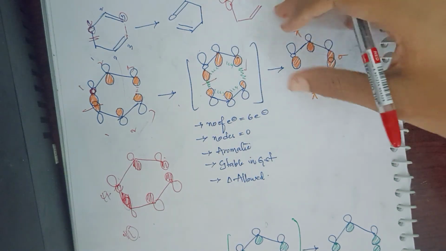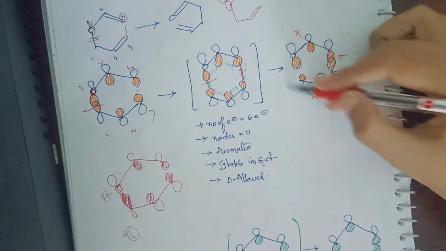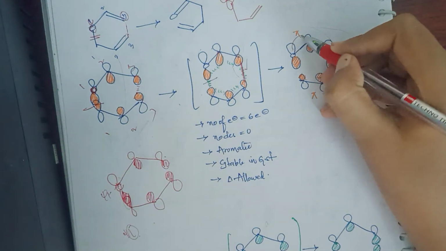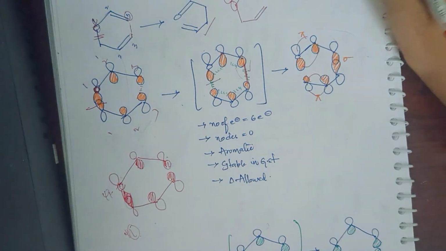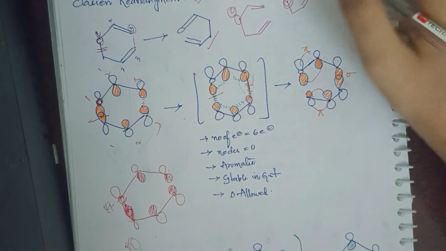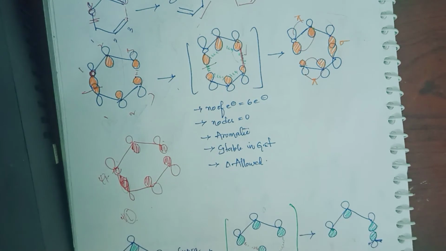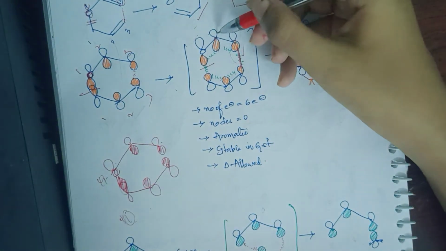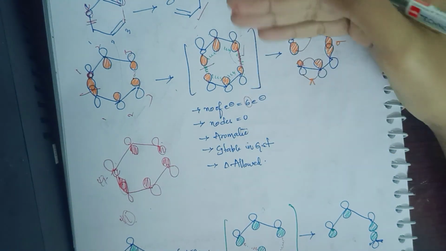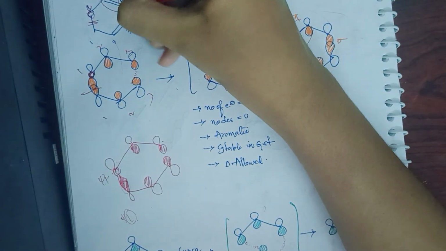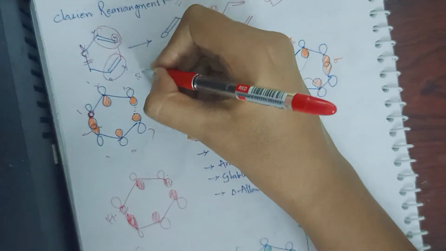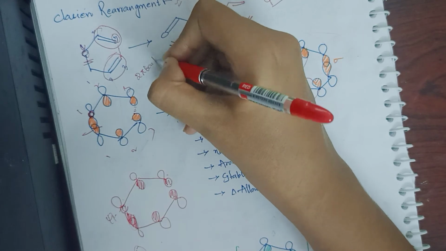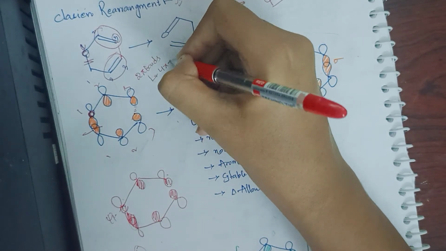Now you will get a product. After both are formed, you will get a product in this way. So you will have a pi bond between these two, and here also a pi bond, and you will get this structure. When you see this, we will count the number of electrons. How many electrons? 1 2 3 4 5 6. Six electrons are participating. That is two pi bonds, which indicates how many electrons? Four pi electrons.